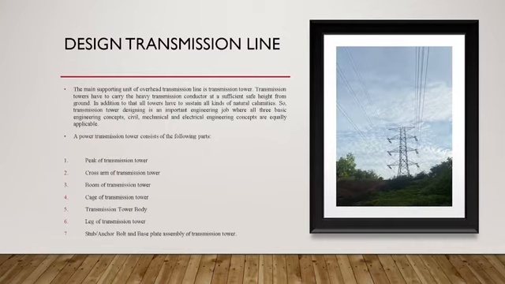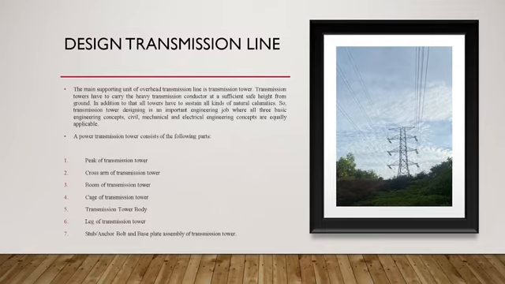The main supporting unit of an overhead transmission line is the transmission tower. A transmission tower has to carry the heavy transmission conductor at a sufficiently safe height from the ground. In addition, all towers have to sustain all kinds of natural calamities. So transmission tower design is an important engineering job where all three basic engineering concepts, civil, mechanical and electrical engineering